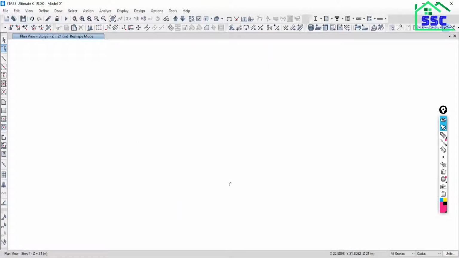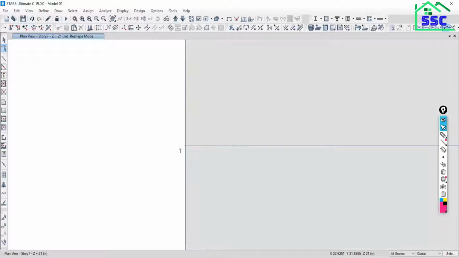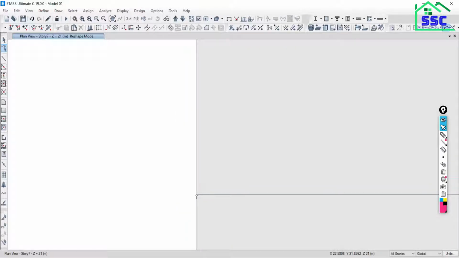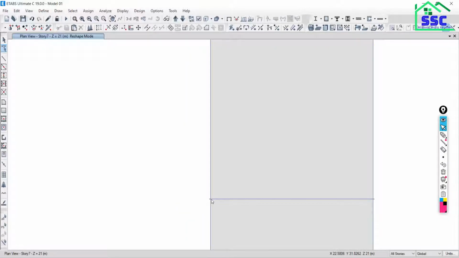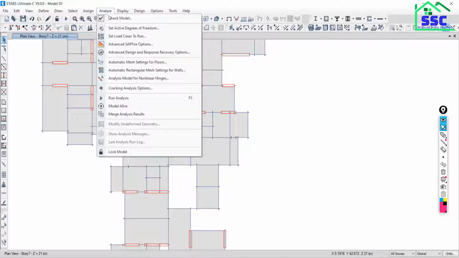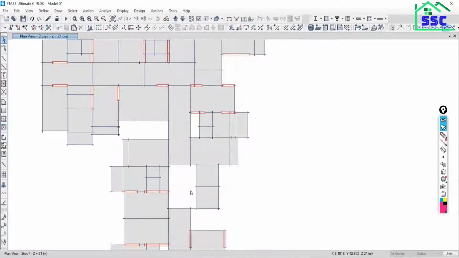See this beam, this is done, I think. Here it is not possible, we are not getting the error at the mid point. Previously there was an error, but let's check once again. For this, go to Analyze, go to Check Model, select all these and say OK, and just view at this location.